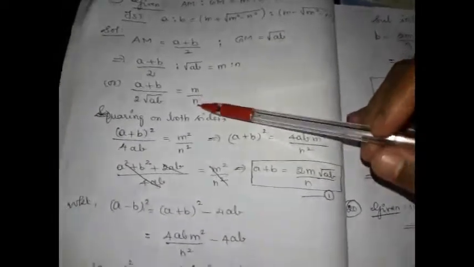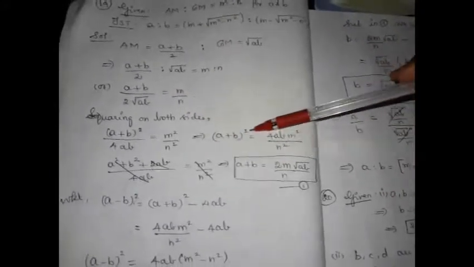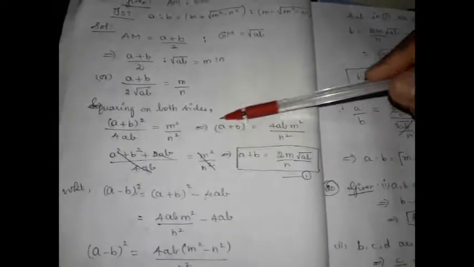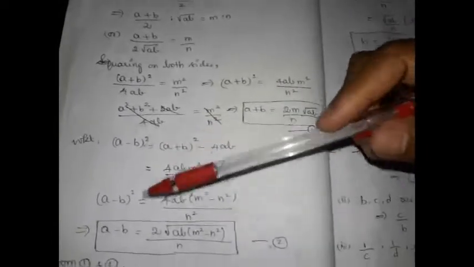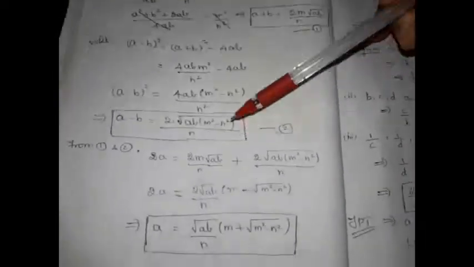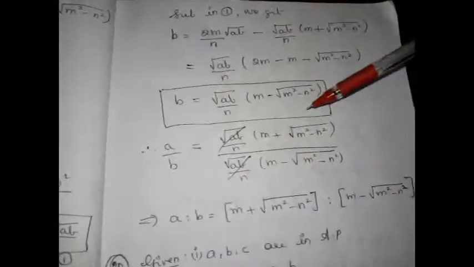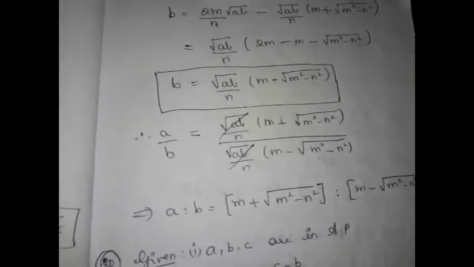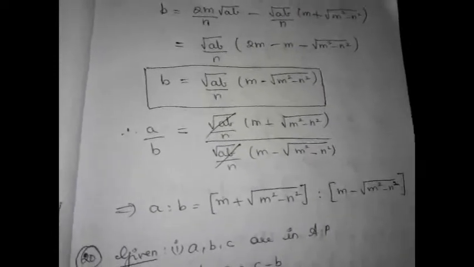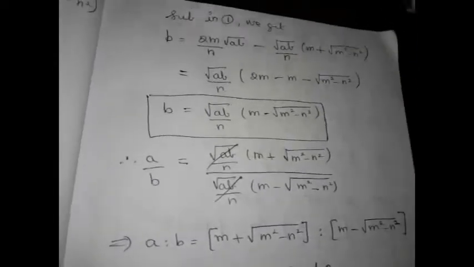So again I repeat what we did here. We got the ratio between AM and GM. From that we obtained (A plus B) the whole square. Then from that we can obtain A plus B. Using (A plus B) the whole square, we can find (A minus B) the whole square and hence A minus B. Once you know A plus B and A minus B, simplify this to get the value of A. Substitute the value of A in any one of these equations to get the value of B, and then find A is to B, right? Hope you understood.